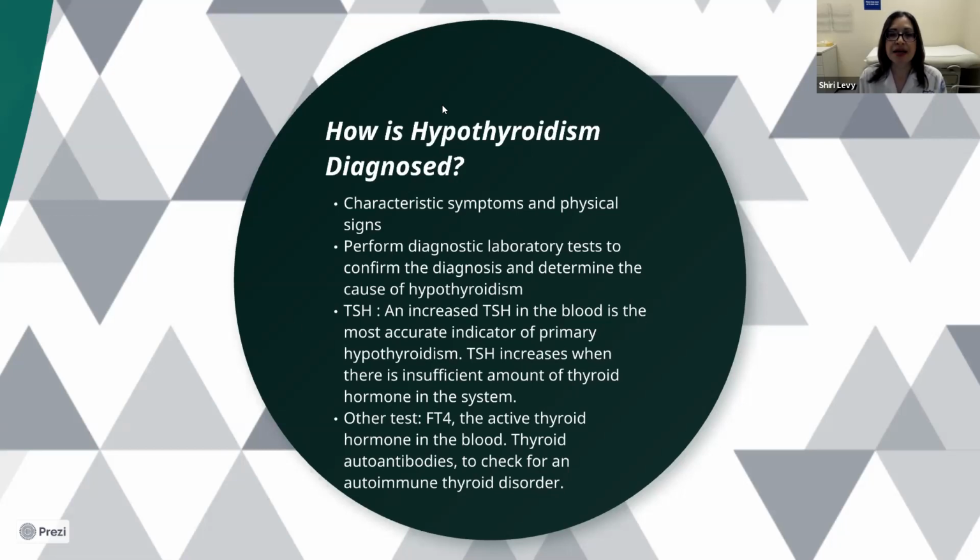This test we ask our patients to do in the morning and to stop all vitamins containing biotin, which is B7, for about 4 days prior. Not that biotin is bad to take, but it can interfere with the assay. The assay for thyroid and many of the labs are actually biotin based, and it leads to errors in interpretation. So for the best accuracy, we tell our patients to hold off on these vitamins for 4 days prior to